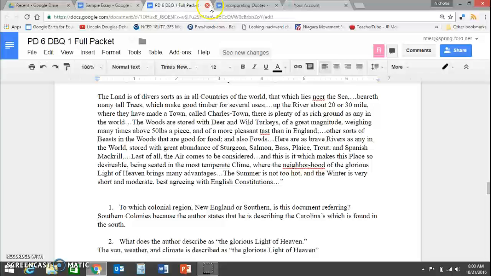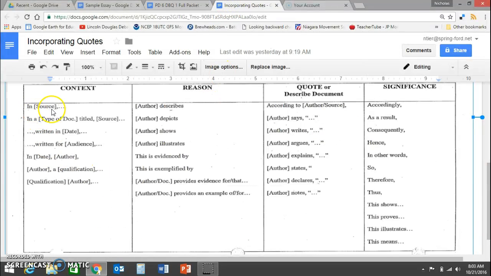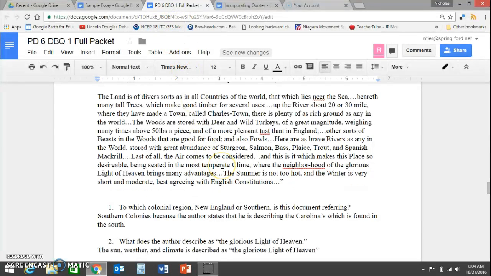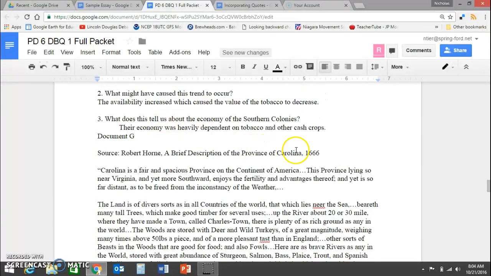So, again, going to my incorporating quotes. So in source, author describes, author says, accordingly, therefore, thus, this shows. I'm going to put that in my essay. Okay? So I'm going to go back. So I have my, in comparison, the Southern colonies has a much warmer climate. So in a brief description of the province of Carolina,